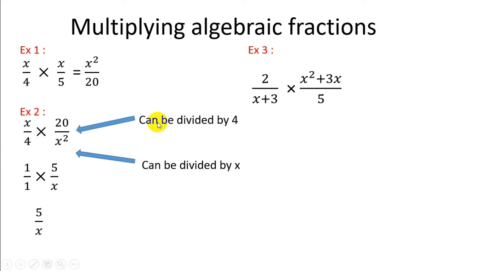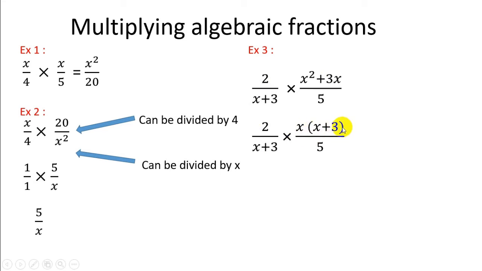So what is this? You have 2 over x plus 3 multiplied by x square plus 3x over 5. As you can observe, in the second fraction's numerator you have a common term under x square and 3x, which is x. The first fraction you can write as it is because you don't have anything to take out. But in the second fraction you can take x out, then you will see some kind of magic where